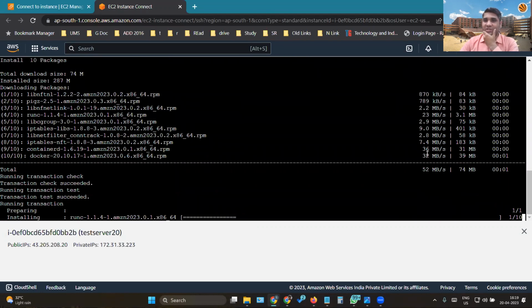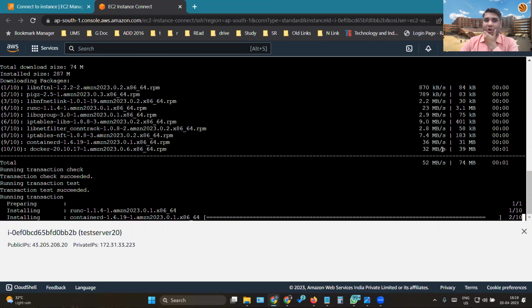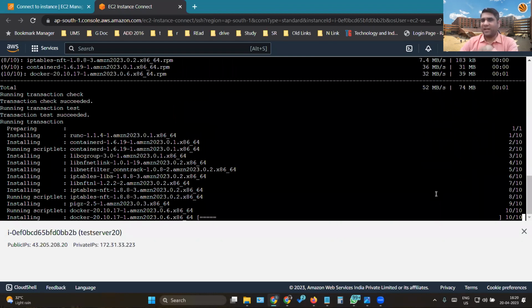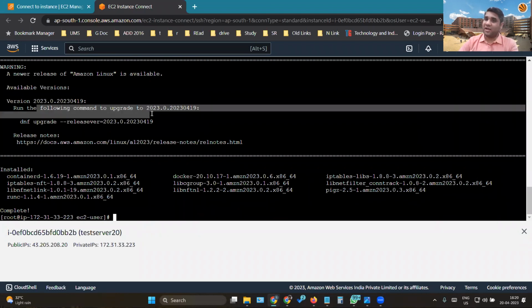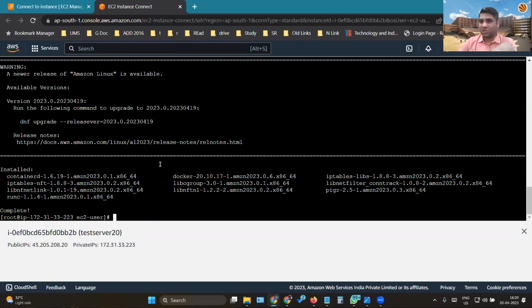See these 52 MBs, 74, 89, all of this is being downloaded, and it's not being downloaded on my system. Neither is my internet being used. It's the internet in the Amazon data center that is being used. It is getting installed and run there. So there is no cost at my end except executing this command. All the execution and downloading happens on that Amazon web server, maybe in Singapore, maybe in the US. No one knows exactly where it is, but obviously it's region based. This one would most probably be somewhere in Singapore where it is downloaded and executed.